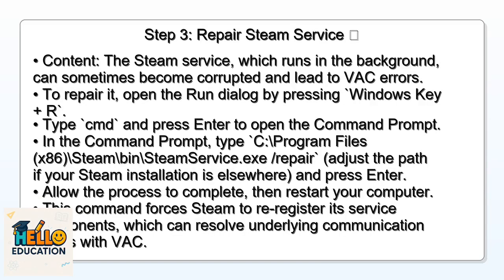Step: repair Steam service. The Steam service, which runs in the background, can sometimes become corrupted and lead to VAC errors. To repair it, open the Run dialog by pressing Windows key plus R, type cmd and press Enter to open the command prompt. In the command prompt, type "C:\Program Files (x86)\Steam\bin\SteamService.exe" /repair. Adjust the path if your Steam installation is elsewhere and press Enter. Allow the process to complete. Then restart your computer. This command forces Steam to re-register its service components, which can resolve underlying communication issues with